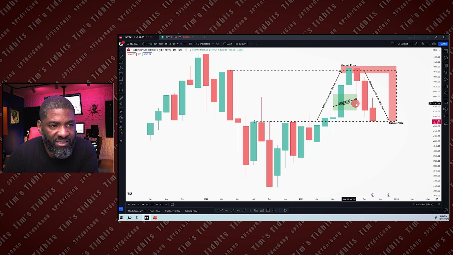So in this monthly anticipation of price coming to this future price at this breaker, we came down, had a reaction off of the monthly fair value gap, and then eventually came all the way down to the breaker in the discount. So price rallied to a premium rejection block, retraced to the fair value gap, bounced, then eventually retraced down to a discount PD array, and now price is at the future price.